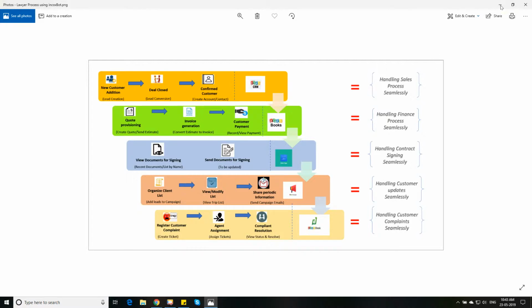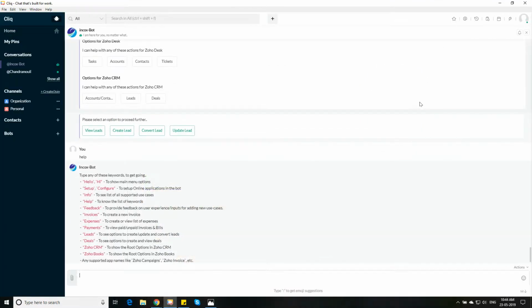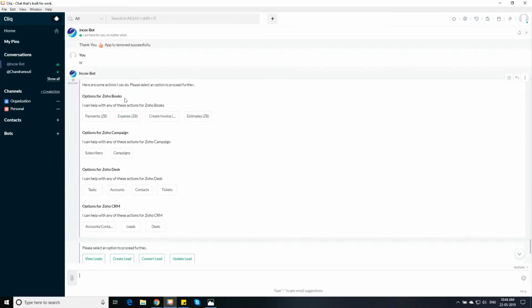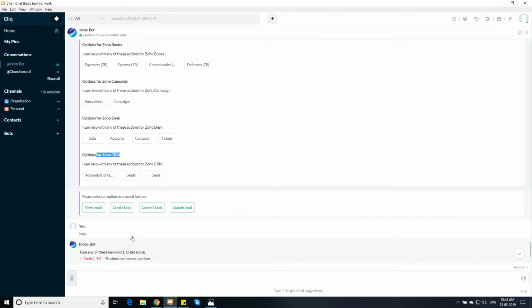What we'll see is we'll walk through all these processes end to end using incoxBot, which is basically a Cliq extension. Once you get it installed, it is available as a bot within Cliq. As you can see, I've already installed the extension and I have configured all the applications that are needed for this process. Like as you can see here, Zoho Books, Zoho Campaigns, Zoho Desk, Zoho CRM, and I also have Zoho Sign in another window. So with that, let me start with creating a lead and converting that lead as a